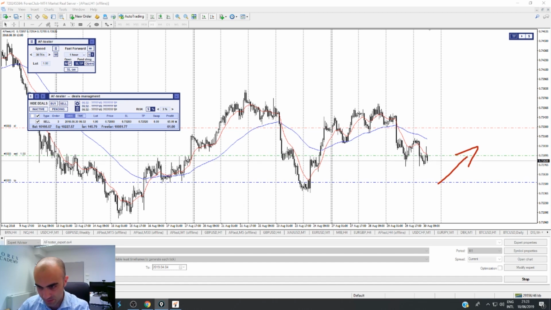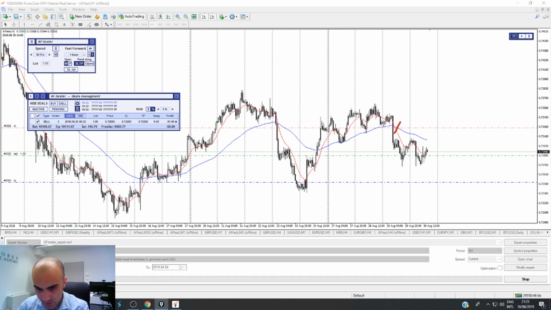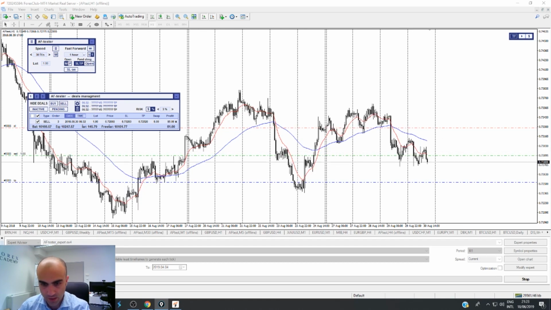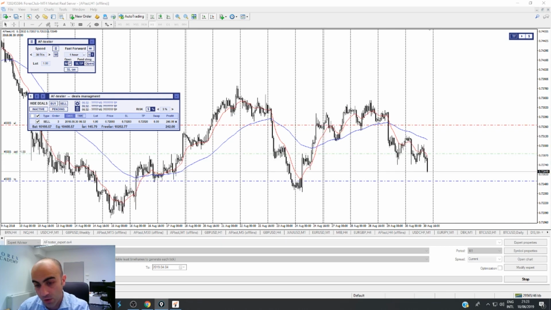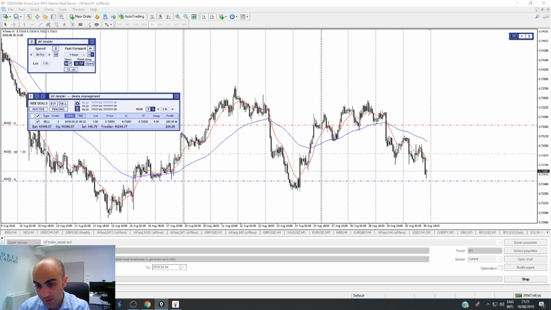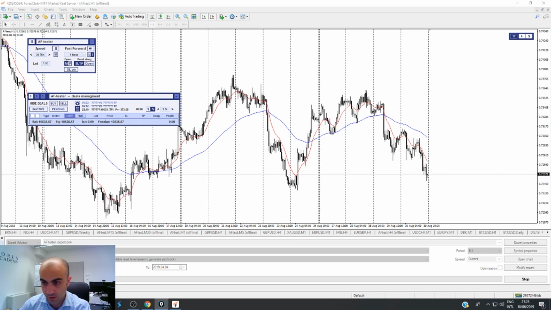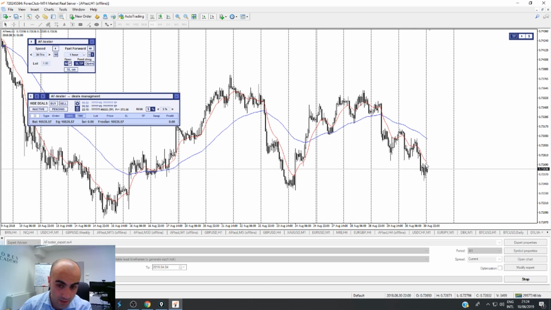But I believe this trend is pretty much confirmed by this crossing over here, and I'm pretty confident that this trade is going to bring us some more profit for the day. Let's have a look at how this pattern will behave this time. As you see, it's still completely following the trend. I was pretty confident. We gain opening a trade at this level over here, where we had approximately